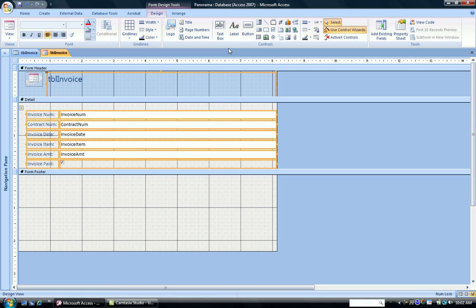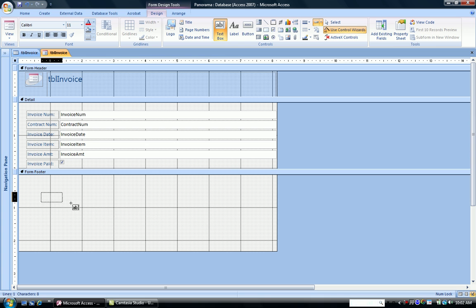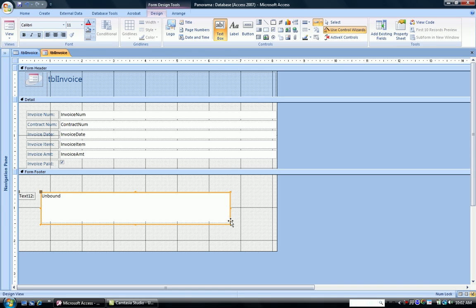Now to do a calculation, you drag a text box, so make sure you're on the Design tab, choose Text Box, and I'm going to drag a rather large one, just so we can see it and have plenty of room. Notice when you drag a control, you have the label for the control, and this one is called Text 12. Yours might be called Text with some other number, and in the unbound box is where we put the calculation. The first thing we're going to do is set the name property of the text box to a good standardized Access name. And to do that, we pull up the property sheet,